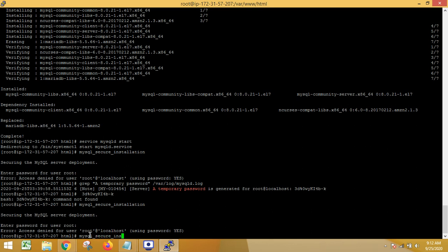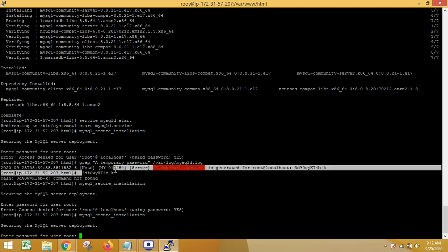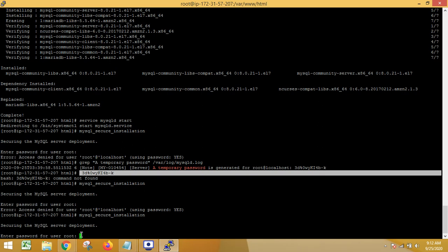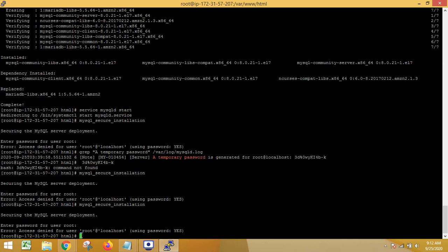Secure_installation, and the password was this. Let me copy that password and paste it here. Hmm. So let me write it because it is denying. I don't know why. MySQL